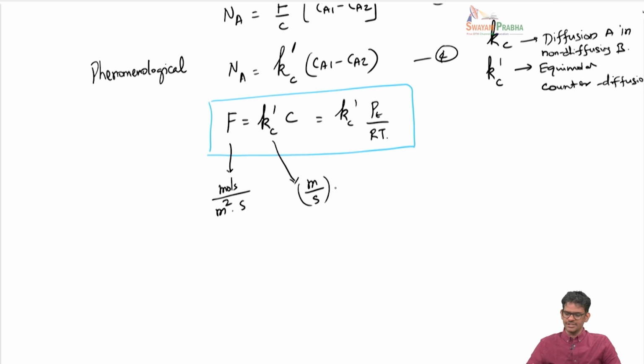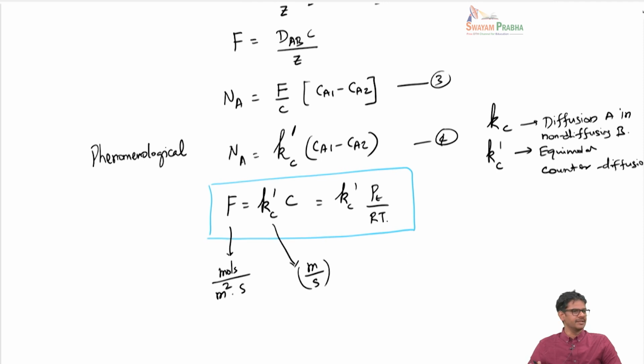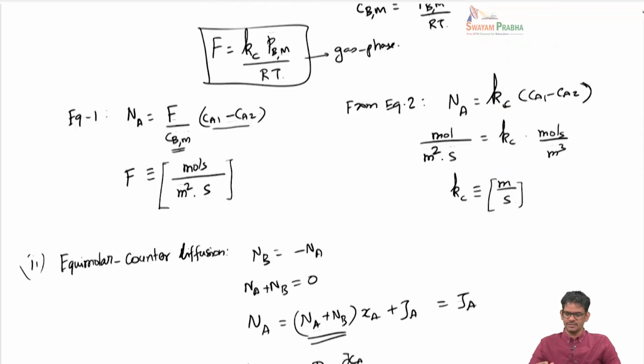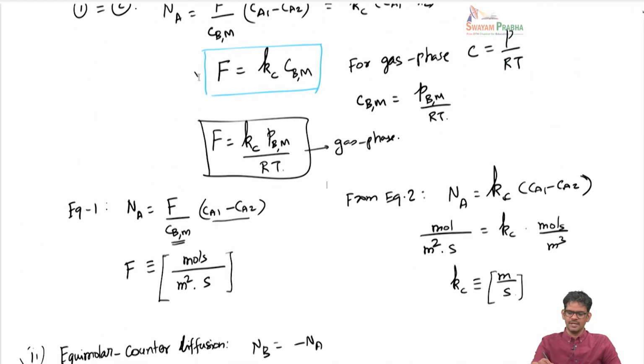And you can see the relationship between F and K is different in the case of equimolar counter diffusion and in the case of A diffusing through non-diffusing B. So, it is important to know these relationships, which also depend on the nature of diffusion. The reason for discussing this is twofold. One is we are able to establish the relationship between different kinds of mass transfer coefficients, F type and K type. Secondly, when